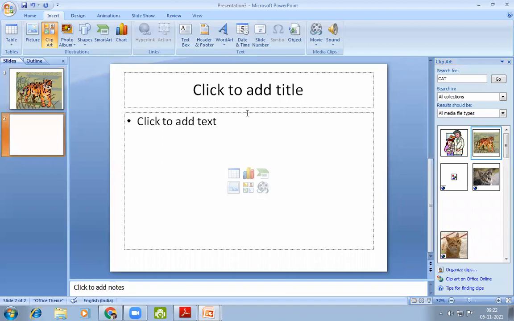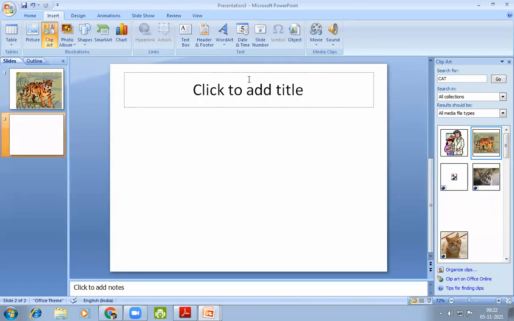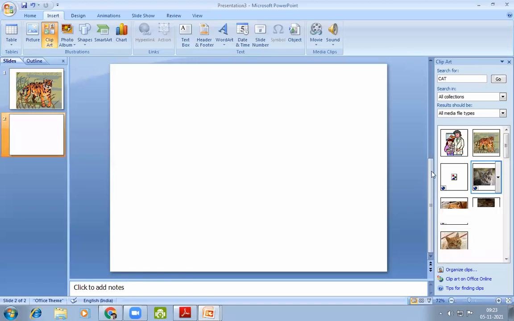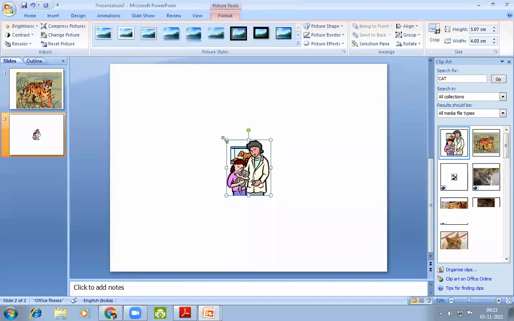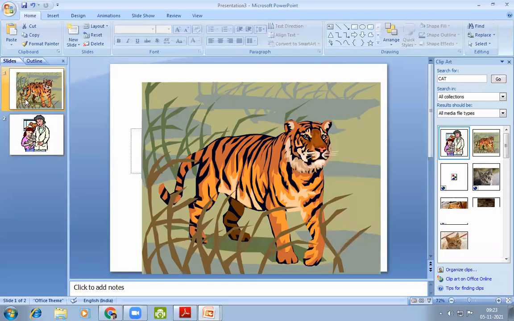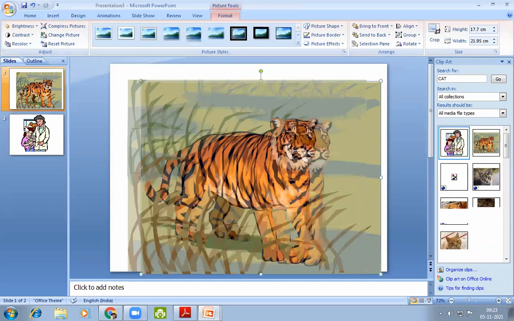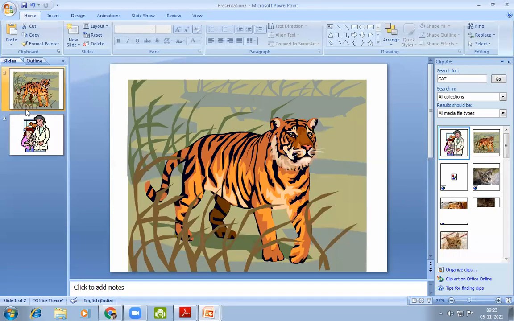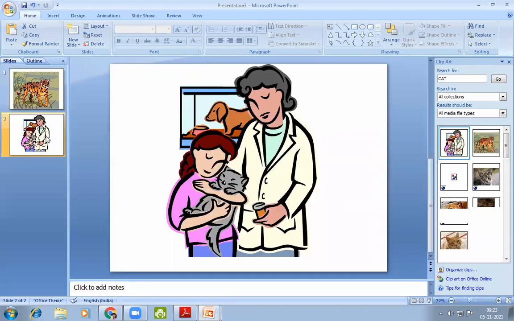Here is another slide. I have created two slides here. This one is the first slide and this one is the second slide. You can see here slide number 1, slide number 2. We have learned how to insert a slide. Now we are going to learn how to delete a slide.